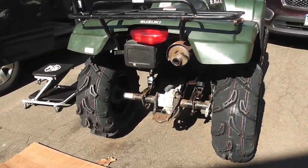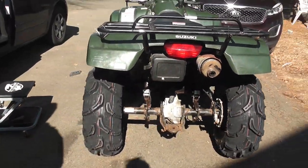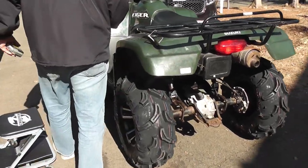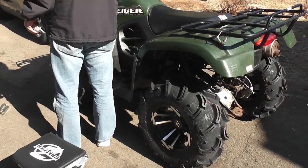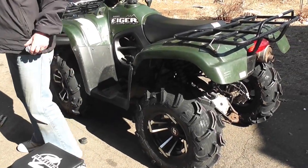Now let's see if the old girl will start up. Why is it that it's always old girl, not old man? I don't ride old men, I ride